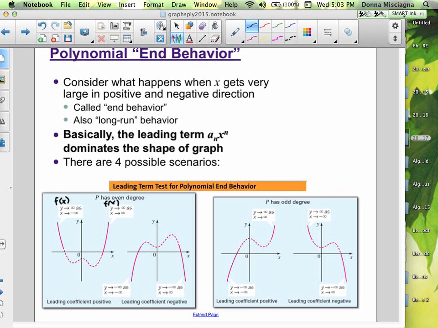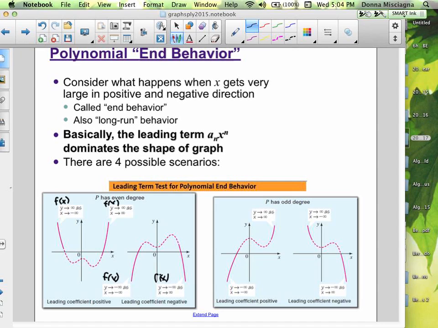Okay, so the two on the left here are the even shapes. There's only 4 basic shapes. There's the 2 for the even and there's the 2 for the odd. If instead the leading coefficient is negative, then we're going to have y or f of x goes to negative infinity as x goes to negative infinity, and y or f of x goes to negative infinity as x goes to infinity. So regardless of what x is doing, y is going to go to negative infinity, if our leading coefficient is negative, with our even degree